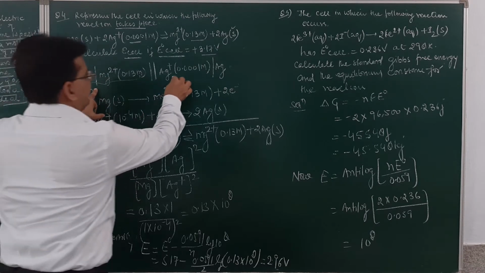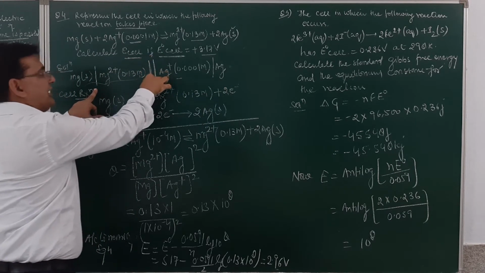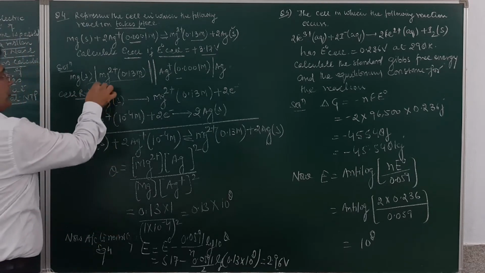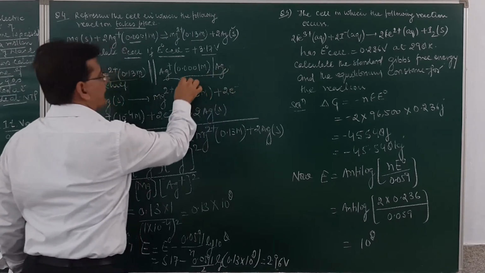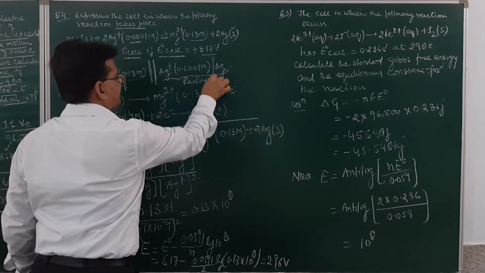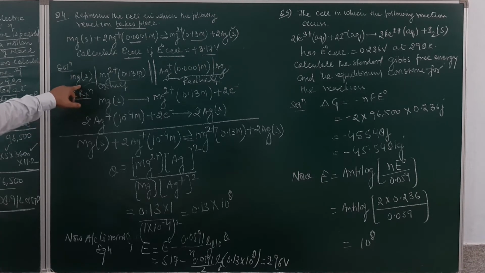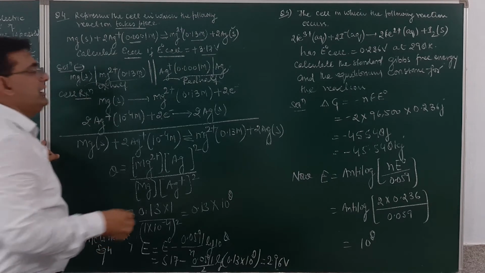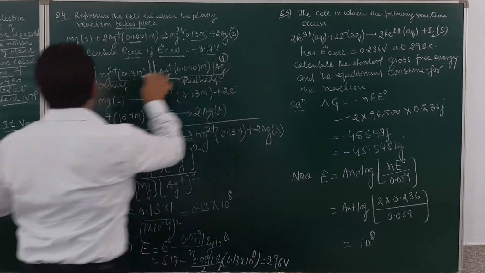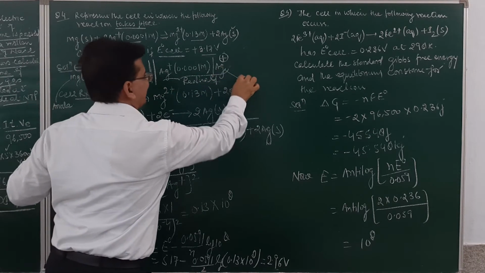Now, the other half cell will be a silver ion connected to a silver electrode. They are connected to each other by means of a salt bridge. This half over here will be called what half? It is an oxidation half. This half over here will be called what half? It will be called a reduction half. Am I clear? So magnesium anode, this will be the negative electrode over here, because anodes are negative. The silver electrode over here will be positive. This will be acting as what? Anode. This will be acting as what? It will act as a cathode.